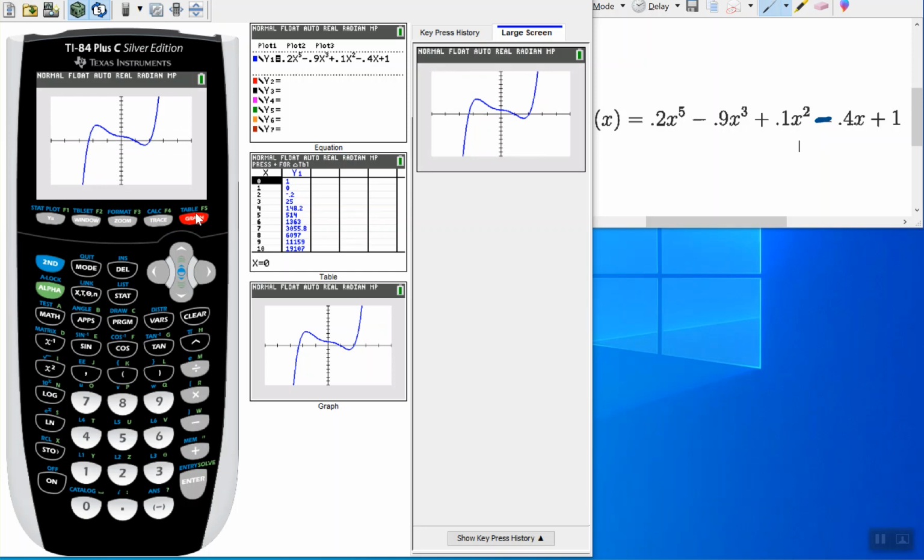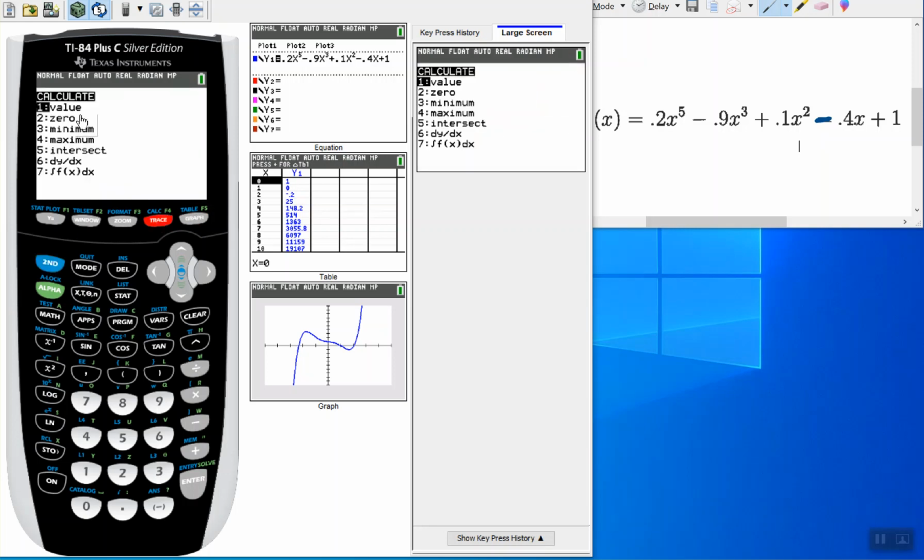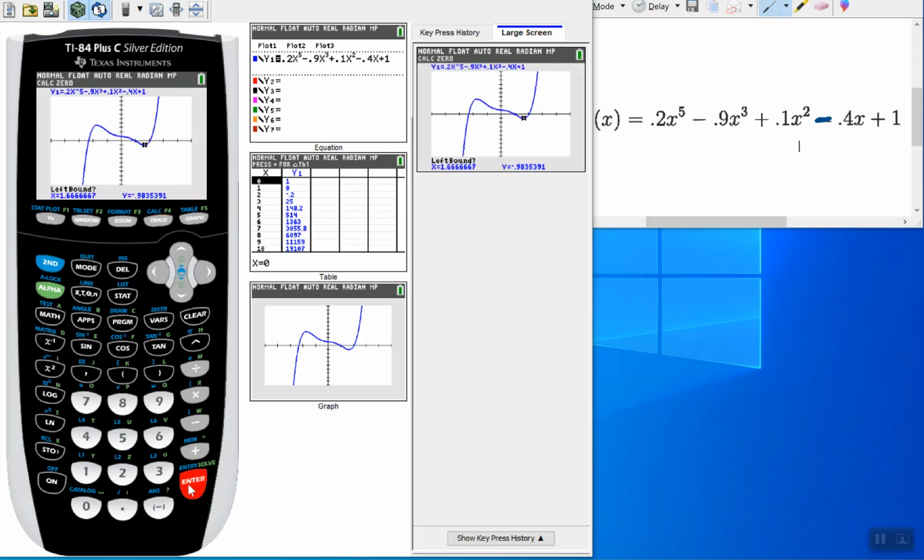So now we want to know, well, I have a picture. I can see where the zeros are occurring because that's where our function's crossing the x-axis. But how can my calculator give me those values? And to get them, I need to go to the Calc menu, which is right this blue word here, right above the trace button. So to get to the Calc menu, I'm going to hit second and then trace. And 0 is the second thing on my list, so I can either scroll down and hit enter or just type 2. And once I do that, it's going to bring me back to the graph screen, and at the